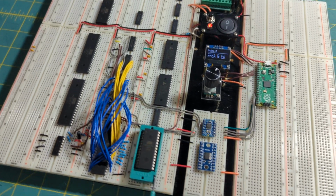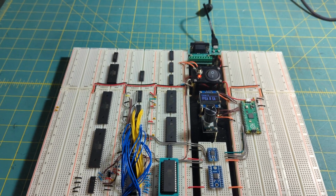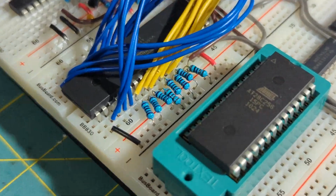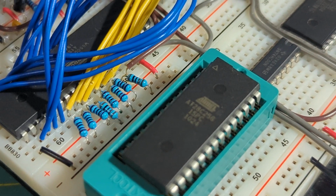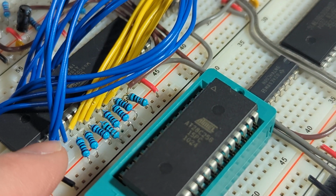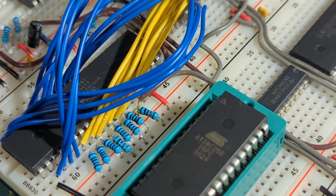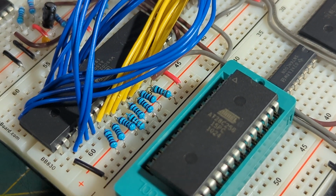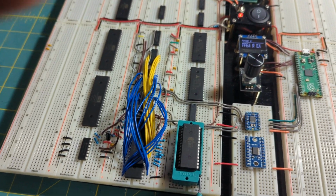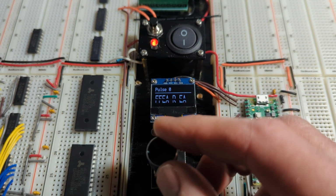But the cool thing that's happening right now is I've gotten to the point in what Ben Eater did, where he used pull up and pull down resistors to set a default value on the data lines to EA, so any read that you do from any memory location is going to be EA, which is the NOP instruction on 6502. And the result of this is that when you start up, you can actually see here as I turn